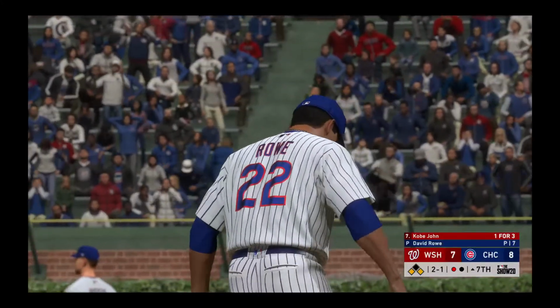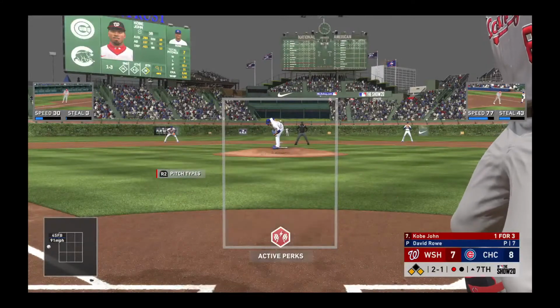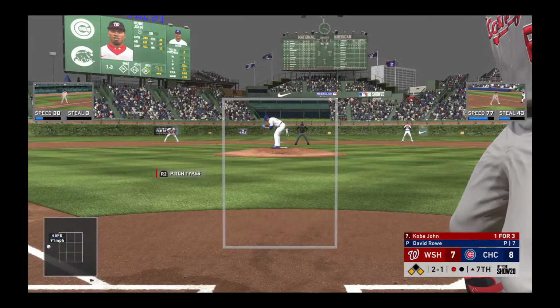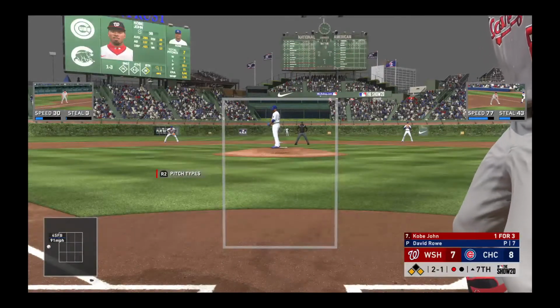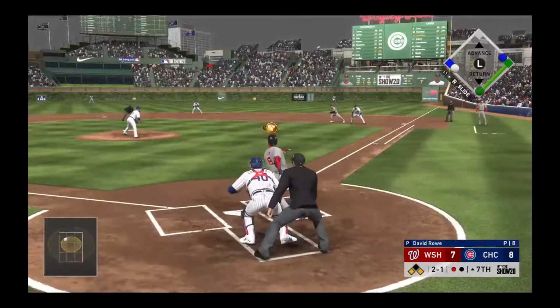Rowe is a guy known for his lights-out stuff. He tends to rack up strikeout numbers at a very high rate. However, he does at times get wild. Walks have come back to bite him on more than one occasion. You know, it's not uncommon, Matty V, for...